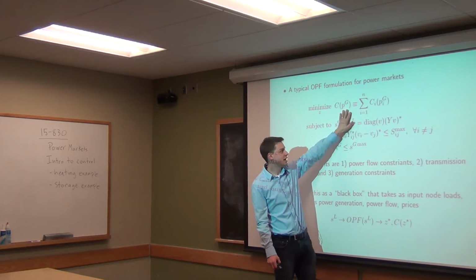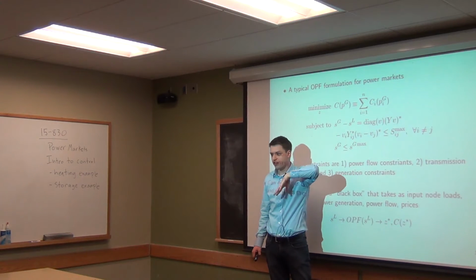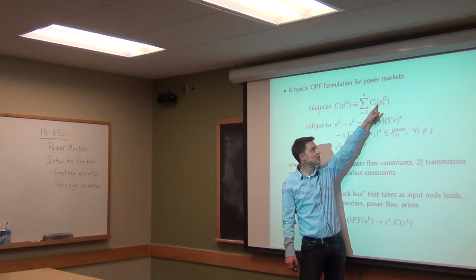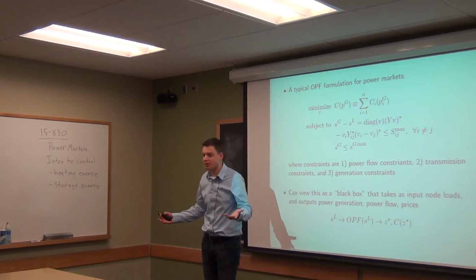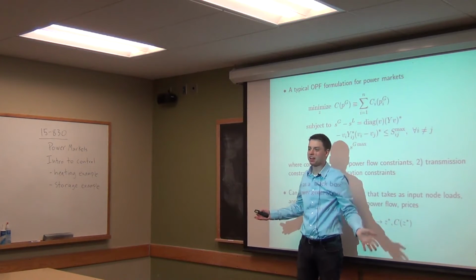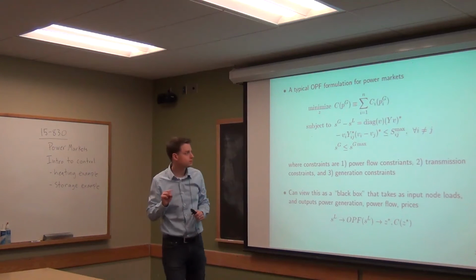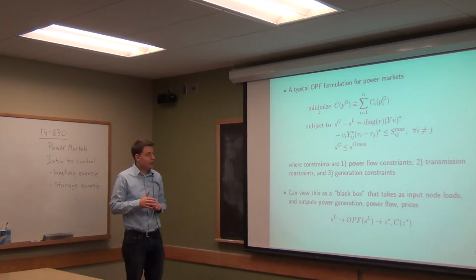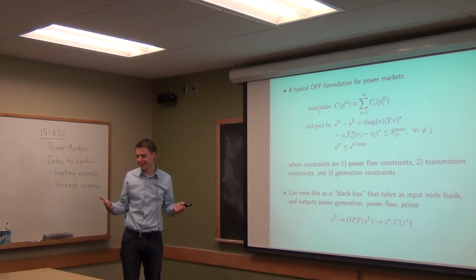That's the objective. And that's just the sum from i equals 1 to n, that is over all the generators, the cost for that ith generation. And if you can't generate anything, then you would actually add a constraint that a certain node couldn't generate anything, and so it wouldn't matter what the cost was, because that would have to be equal to 0. Okay, so we want to minimize this cost of all generation, which is really the total that everyone is paying, right, altogether,